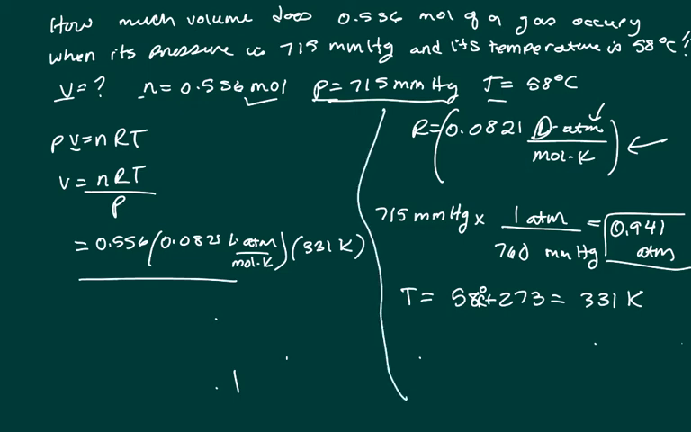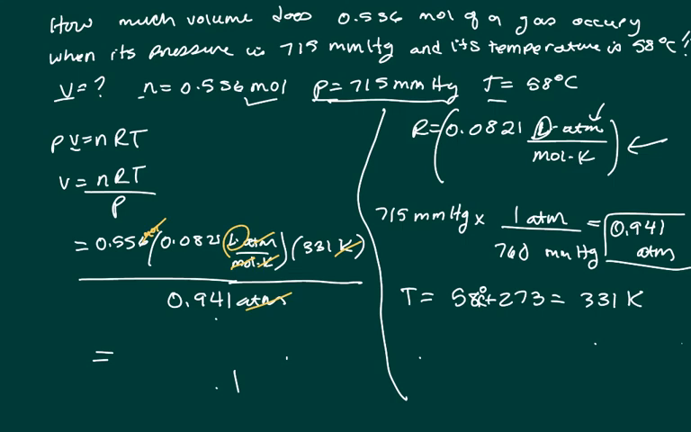So let's put this on the side right there. Divided by pressure, and our pressure is in atm. So you see your atms cancel, your moles cancel, and your Kelvins cancel, and what are you left with? Liters. And so let's do 0.556 times 0.0821 times 331, and that number divided by